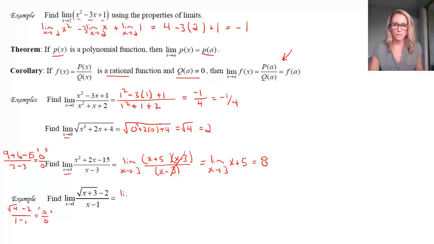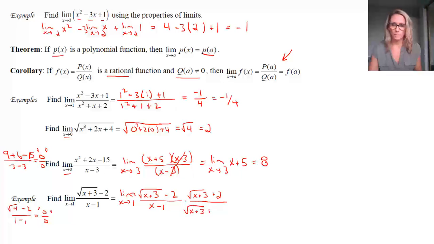Now this one's not quite as easy as factoring, but I will say factoring is really common when you have those polynomials. But in a case of a root, a square root specifically, there's something that we can do to help us. And you may or may not know. And if you don't, that's okay. But we're going to multiply by the conjugate. So you want to remember that the conjugate is the same as what we have in the numerator, except, as you might be able to notice, it has the opposite sign in between.